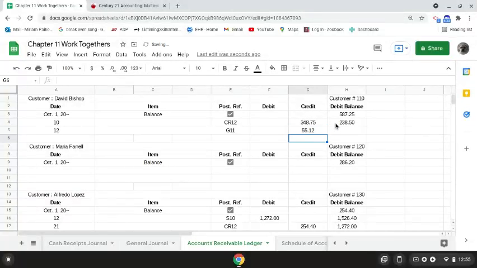Now, we had a previous debit balance of $238.50, and we have a credit entry of $55.12. So since we have a debit balance and a credit entry, we're going to subtract. So we're going to type in equals, take the $238.50, subtract it from the $55.12, and that will give us the new balance in the David Bishop account, which is